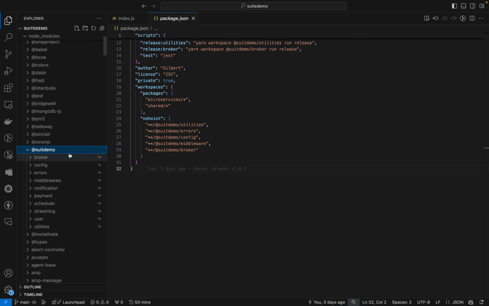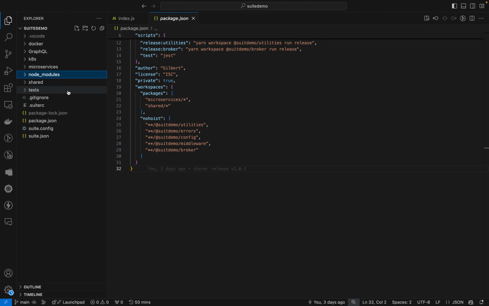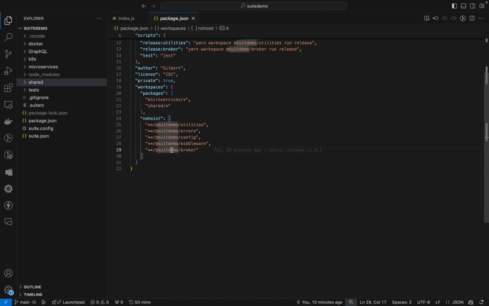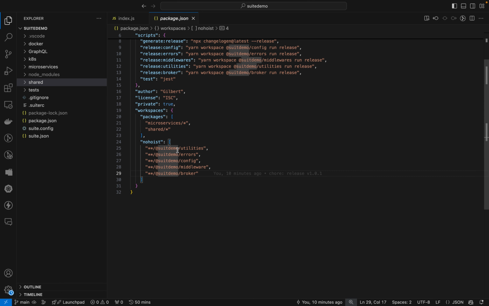So that symbolic link is pointing to our file here, which is the shared file. Those are things that are very core to Yarn. If you want to learn about such deep concepts, just look them up in the Yarn documentation. Symbolic links have to do with file systems, and you can look them up as well. They are very interesting, and they have been extensively used here in a very sophisticated way to deliver very smooth